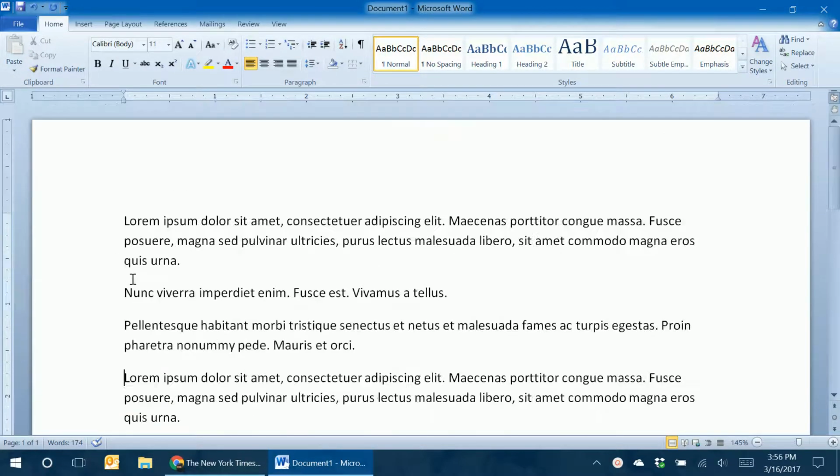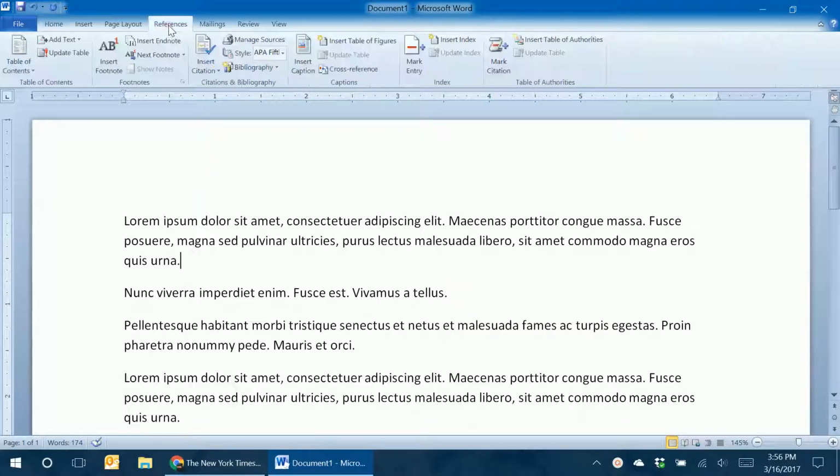So I've got some dummy text here. Let's just say I want to add a footnote reference to the end of the first paragraph here. So just place your cursor wherever you'd like your reference to go, and then you go up to References. By the way, I'm using Microsoft Word 2010, so this applies to 2010 or later versions. Versions prior to this, I'm not sure exactly what it would be, but it would probably be similar to this. So anyways, the References tab, and then in the Footnotes pane, you're just going to insert footnote or insert